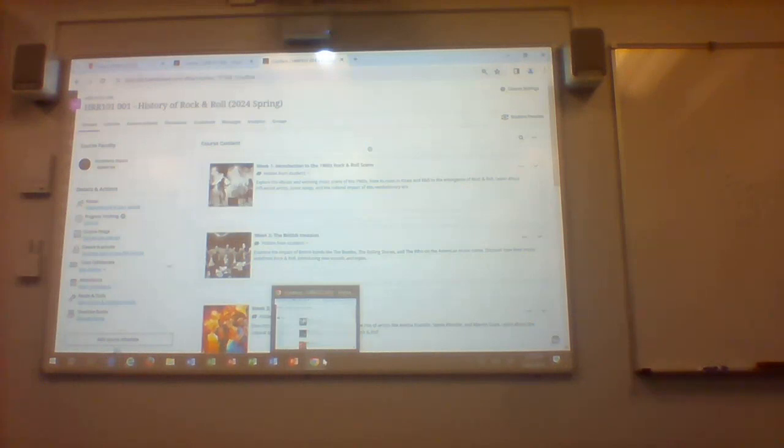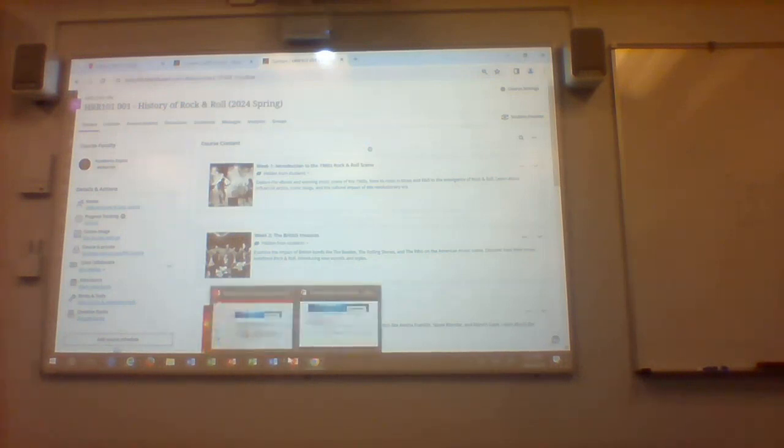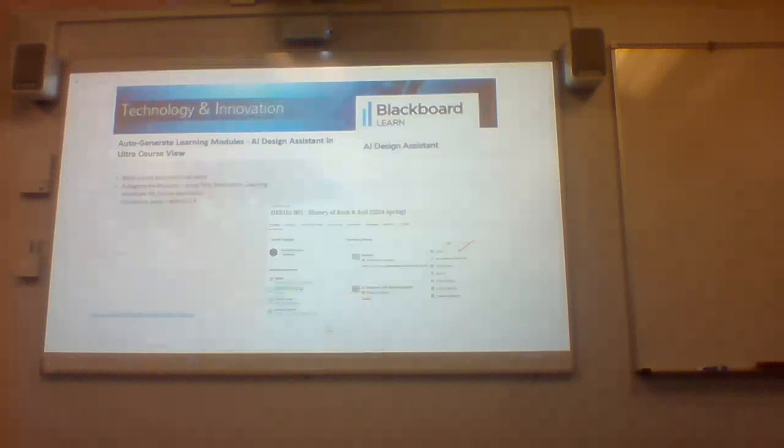But those are learning modules, not folders, right? Correct. Learning modules, which are a little bit different. You can't put a learning module into a folder. Do you mean a folder? Yeah, you can do that. So there are restrictions on what you can put in, how learning modules get dealt with by Blackboard.